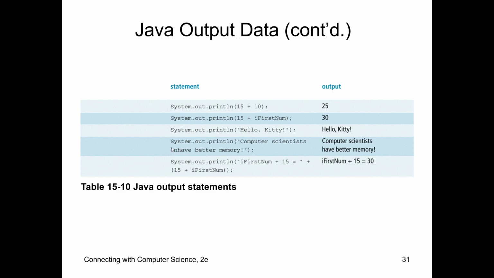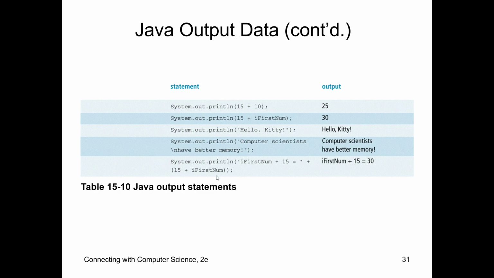This is called an escape sequence, and there are a lot of escape sequences. You need to go out and look them up, but this one is the same thing as hitting the enter key. So if you did not have this \n in here and you type this out, it would put "computer science have better memory" all on one line out here. But there are ways to escape, or a new line in here, because you'll notice they hit new line down here, but that doesn't matter because it's still between the strings,